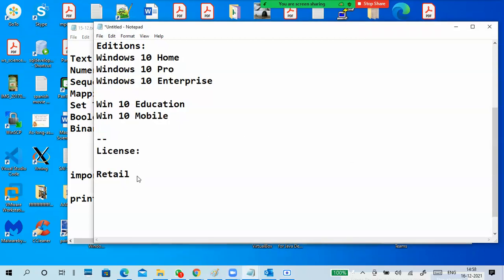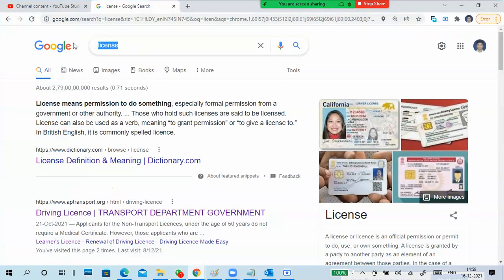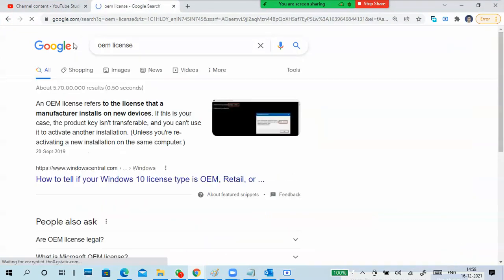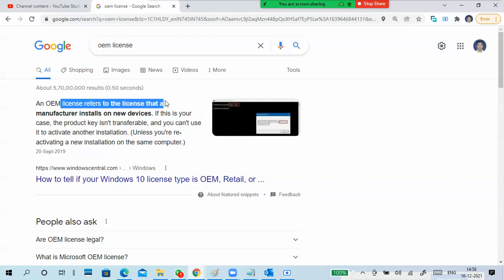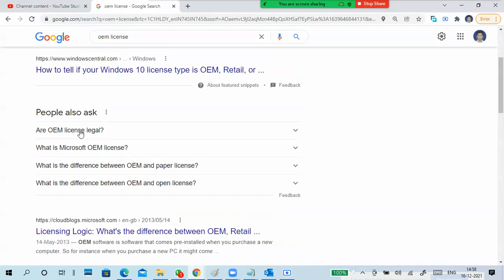That is retail. Next one, OEM. What is OEM? OEM refers to a license that the manufacturer installs on a new device. Simply said, original equipment manufacturer.